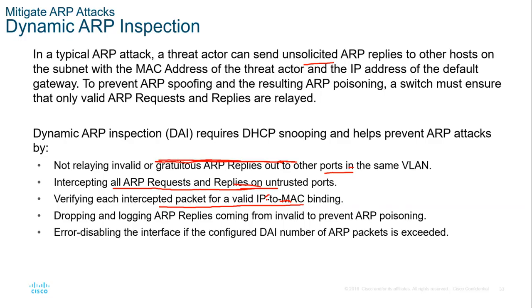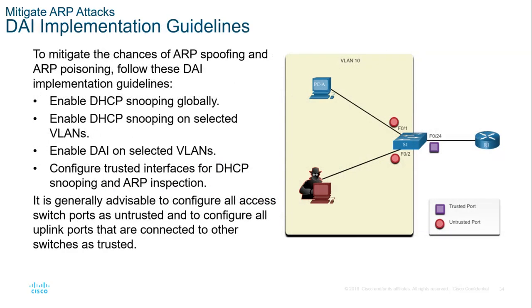Then the interface is error disabled if dynamic ARP inspection is configured and the number of ARP packets exceeds the limit. So if the number exceeds, that port should be put in error disabled state. As you can see, this PC's MAC address together with its IP address have to be bound together. If it finds that the MAC address bound to this now replies from a different IP address, then it should be